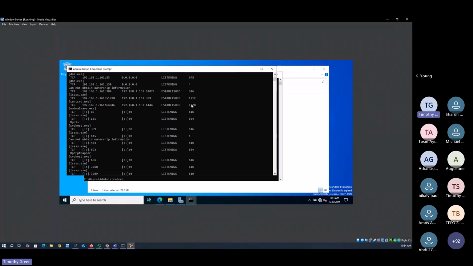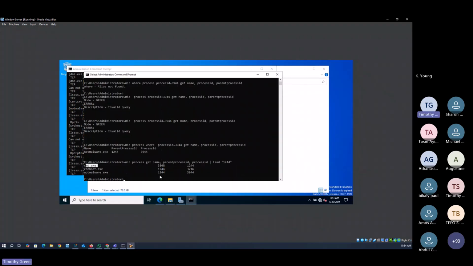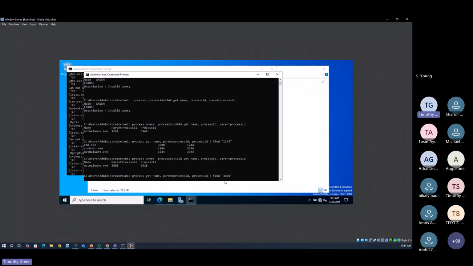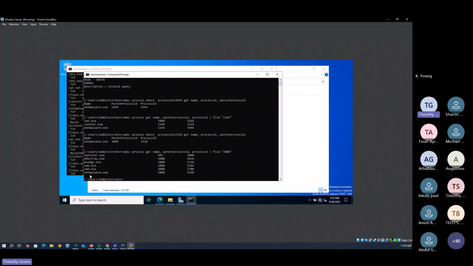So I will copy it and go back, and I will quickly repeat this. Instead of 3944, I will put it here. 1528. So here we now have a parent process ID of 3808. So I'll copy this again and bring up the last two commands. So instead of 1244, I will paste that 3808, enter. So if you check here now, again, we have a lot,